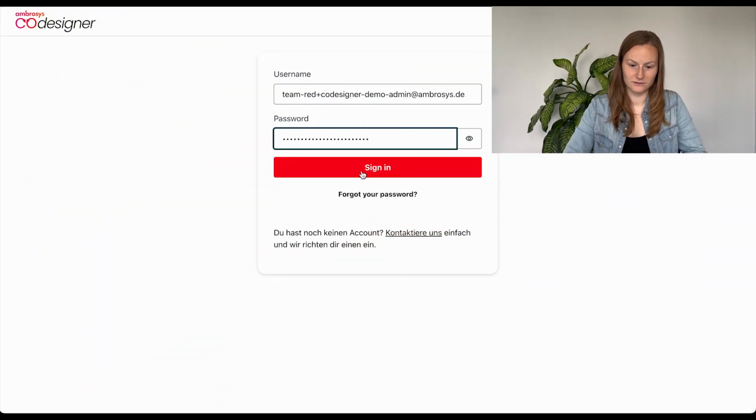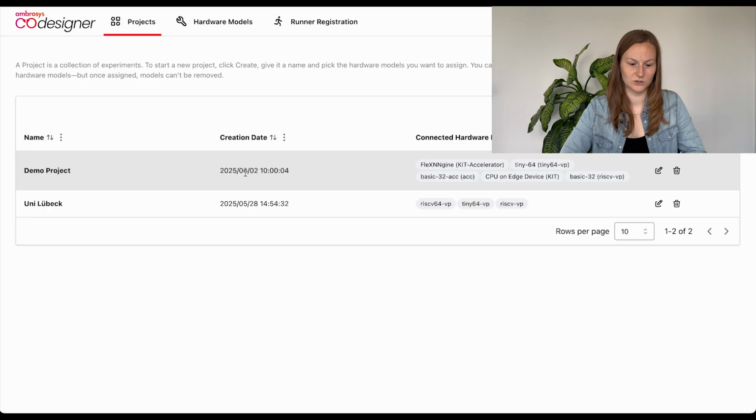Okay, enough of an introduction. Let's dive into the Codesigner user interface and explore some of the key concepts that make true co-design possible. So as you can see, we can log in and then we're immediately directed to the project's overview page. The platform offers features for real-time collaboration, allowing multiple engineers to work on the same project concurrently, as you can